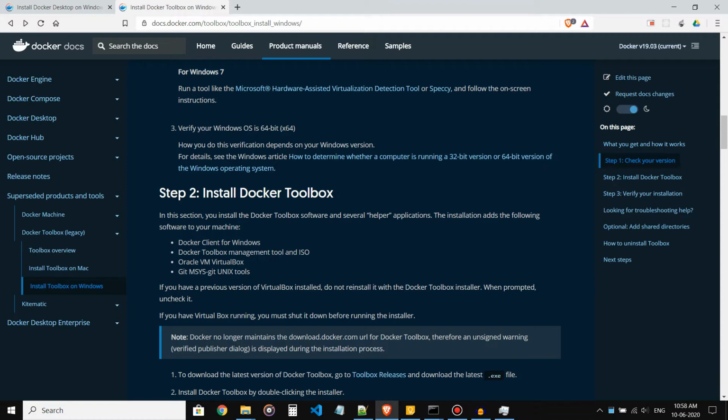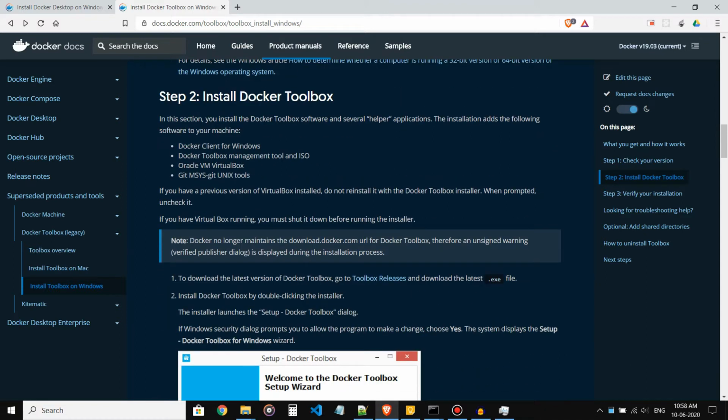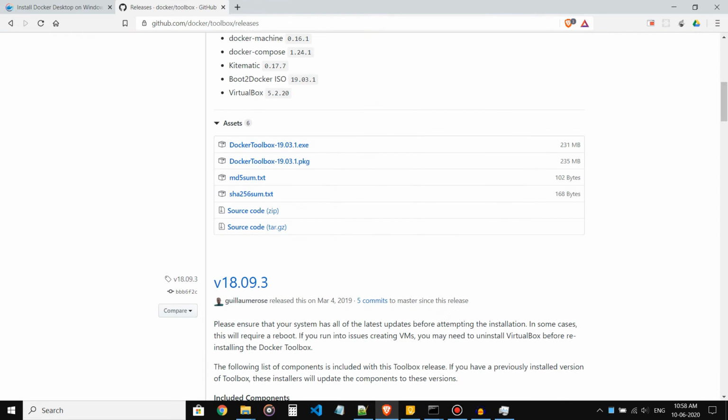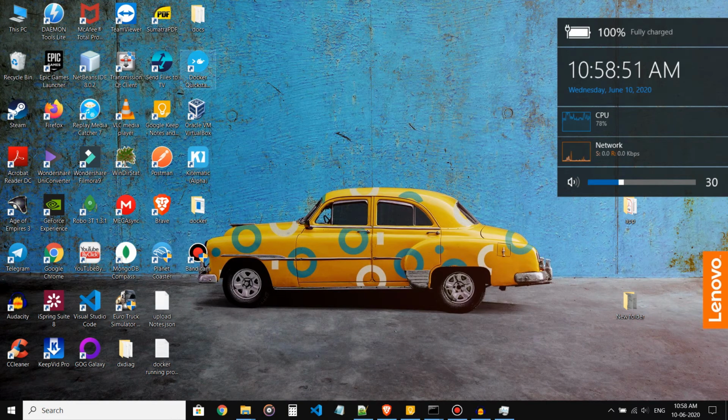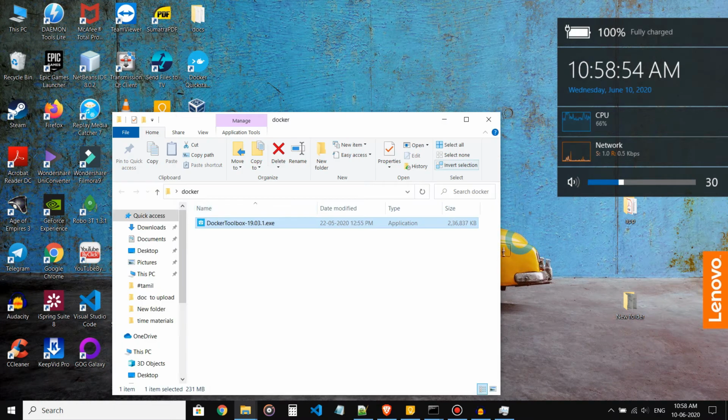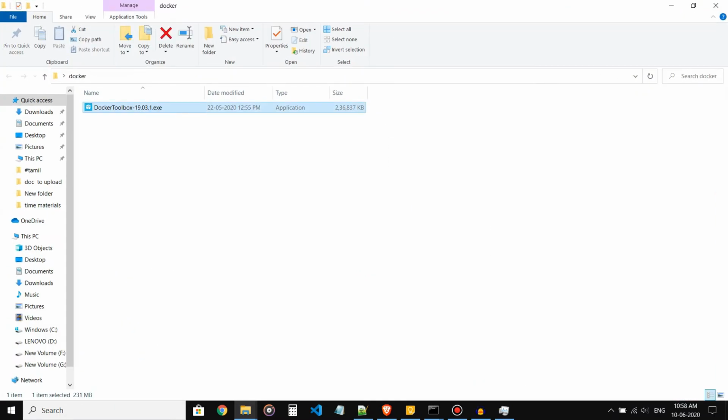To install it, there is a toolbox release hyperlink which is given. Click on that hyperlink. It will take you to a GitHub page. There you can download the Docker Toolbox exe file. I have already downloaded the package, I'll just skip this step. And this is the package. So once you open the package,